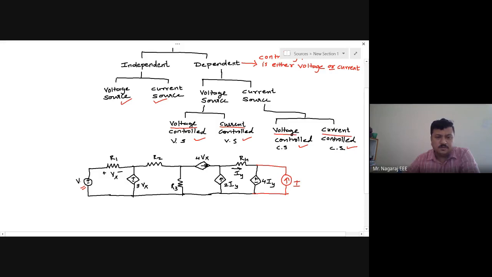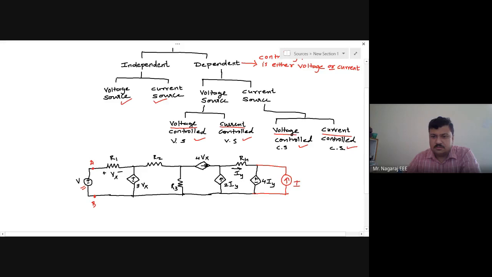One more thing we should observe is that I may get the current through a voltage source, but it is difficult to know the voltage across a current source. This we will address once again in the loop analysis or mesh analysis, how it is so and why it is so. Fine, but just remember that a voltage source is characterized by its terminal voltage. So these are the terminals of the voltage source. Let this be terminal A and terminal B,